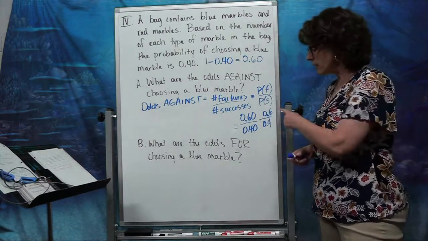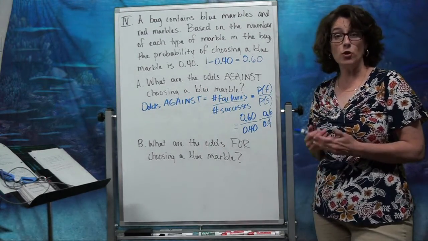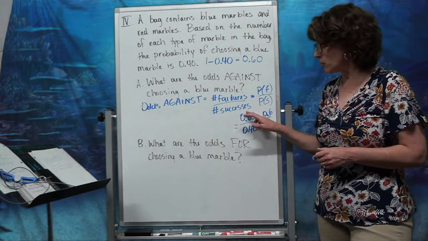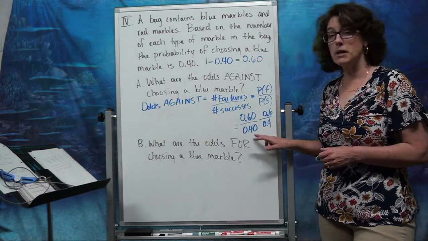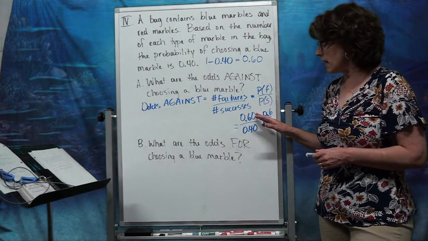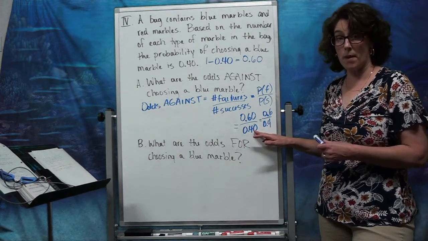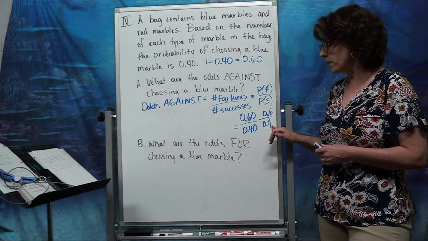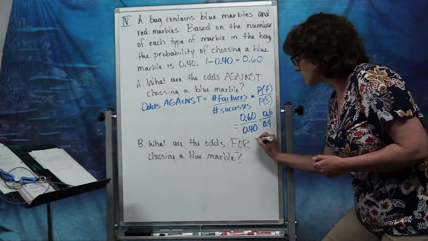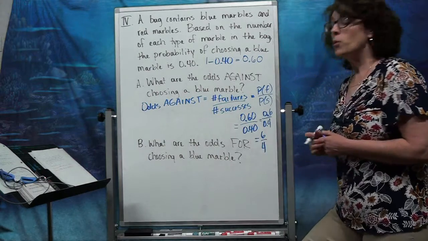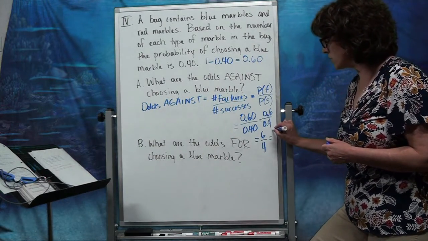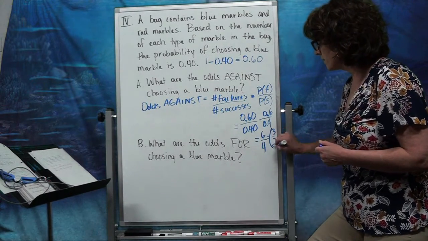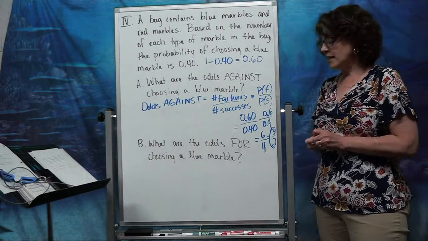And then if I multiply both numerator and denominator by the same number, 10 divided by 10, for that matter, I could have done that right here. I could have multiplied the numerator by 100 and the denominator by 100, which would have given me 60 over 40, and drop the zeros. Or I could multiply by 10 and 10, giving me 0.6 and 0.4. Either way, I end up with 6 over 4, which reduces because 2 goes into both. 2 goes into 6 three times, 2 goes into 4 twice. So that is my odds against, 3 to 2.